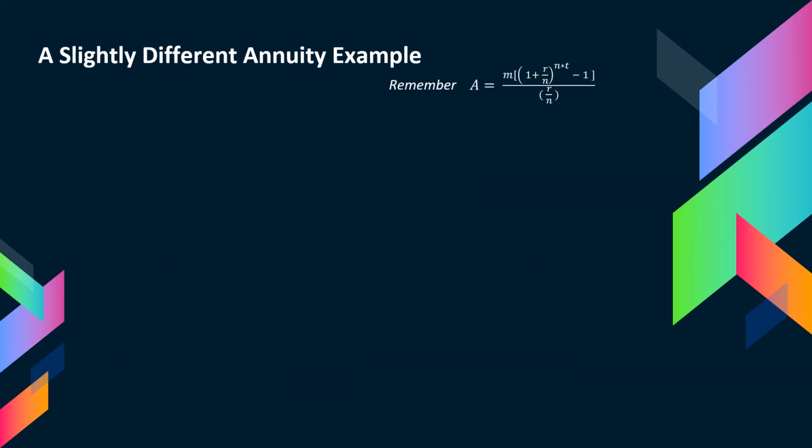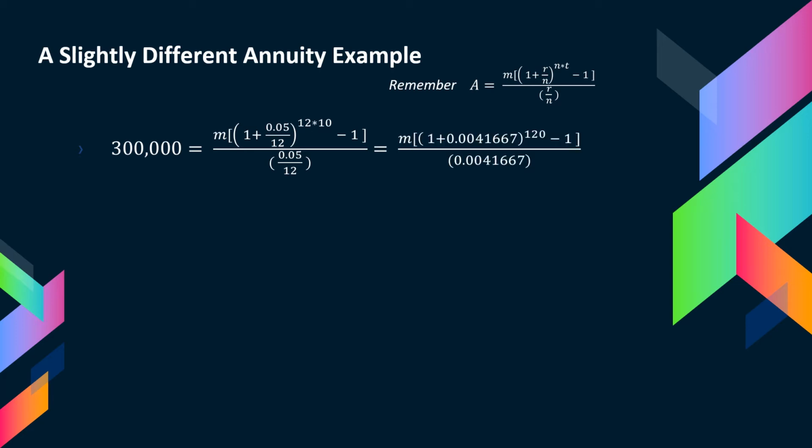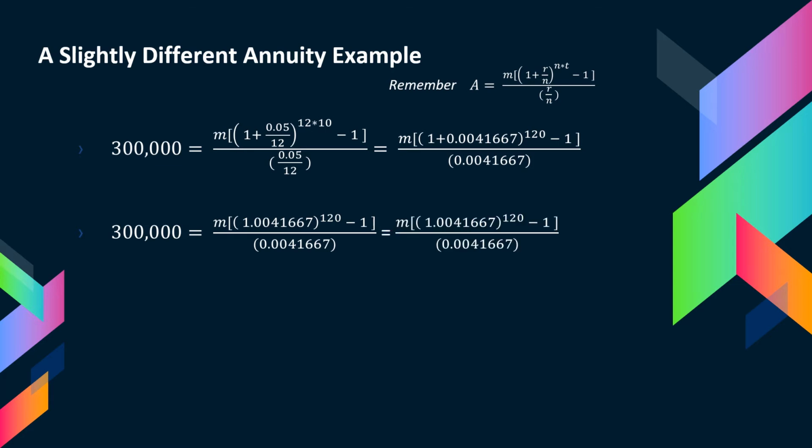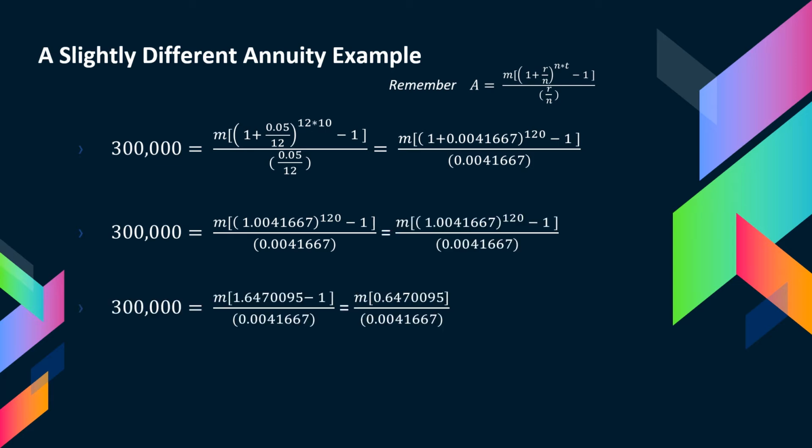There's our formula. Again, don't memorize it. When I plug in the values, now the value that we haven't plugged in is our M, because we don't know how much money she's going to have to pay every month. And we do know how much money she wants to have in the end, so the $300,000 is on the left side because that's our accrued amount. She's got 5%, 12 times a year, 10 years. We plug in the formula, it cleans up, and we get to this point where we have $300,000 equals M times